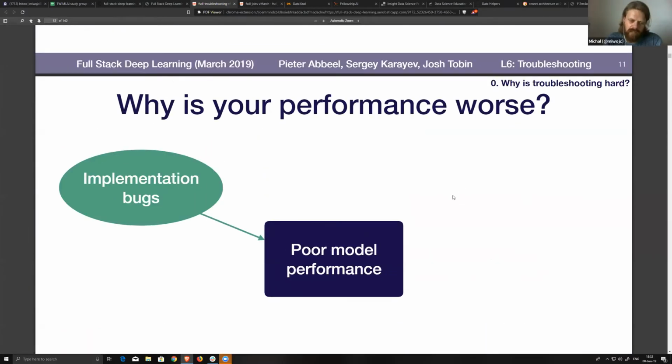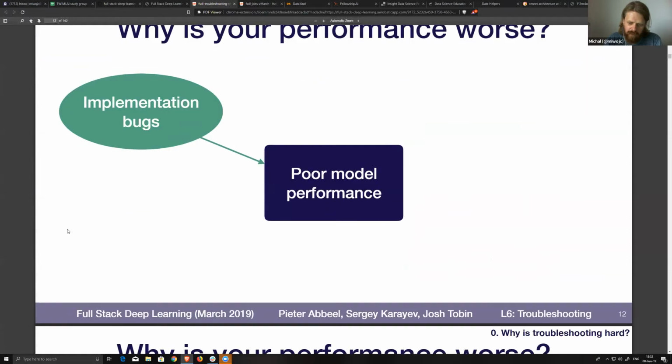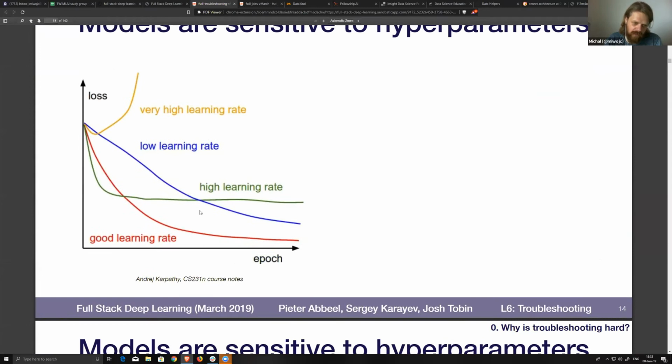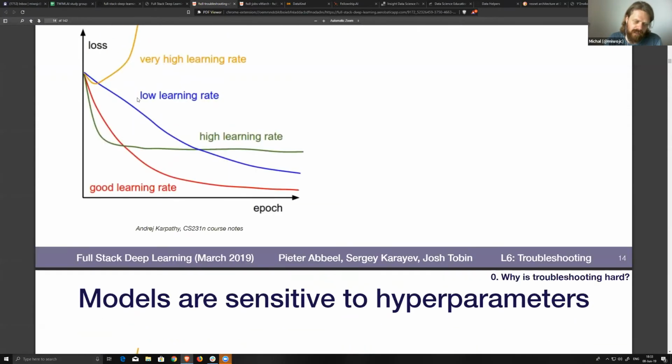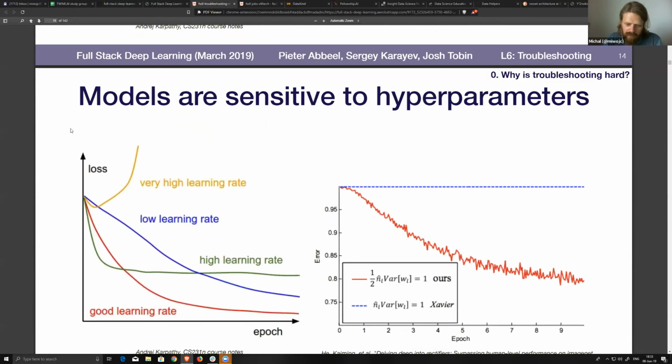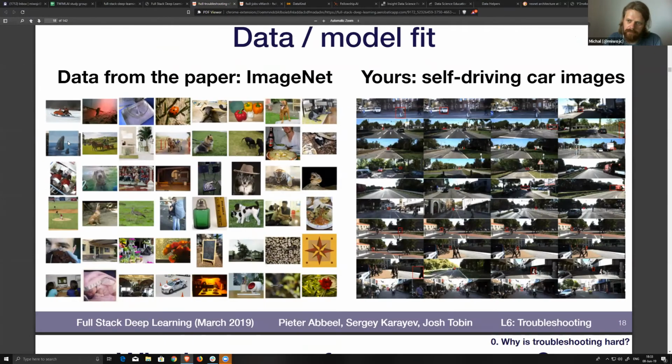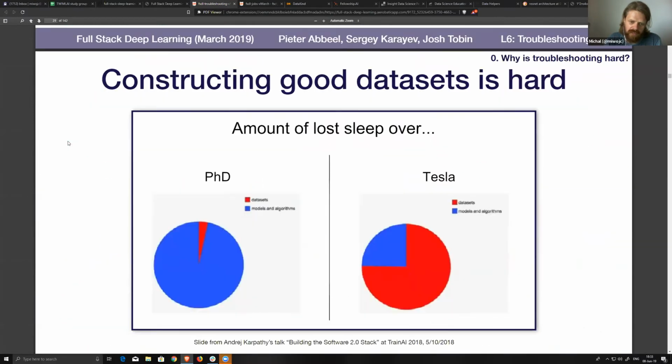Yeah, they were talking about how to find out if your model is performing poorly, and I like the idea. I think this is quite interesting graph. So if you have your learning rate set right, you get to your minimum. If your learning rate is too high, you're going to get quicker to your minimum, but it will not get as low as it should. If it's a much too high learning rate, it will go up quickly. But if the learning rate is too low, it will get to a low point, but it's going to be slow. But I think what was interesting for me was